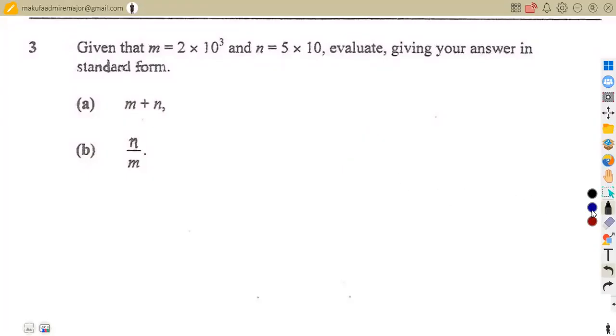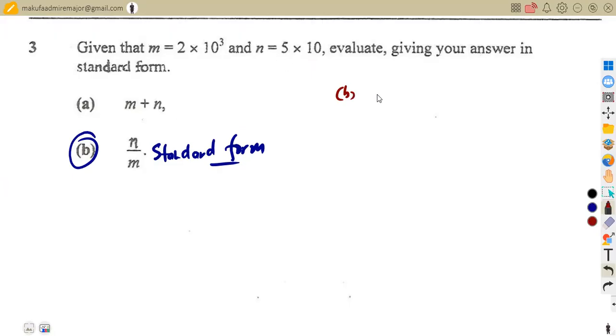The B part now we are given to simplify. Like I said, for division, it's best for you to work in standard form. So this one, it is best for us to simplify in standard form. Addition and subtraction are done in ordinary form. Why is that? If you check our numbers here, we are given to simplify